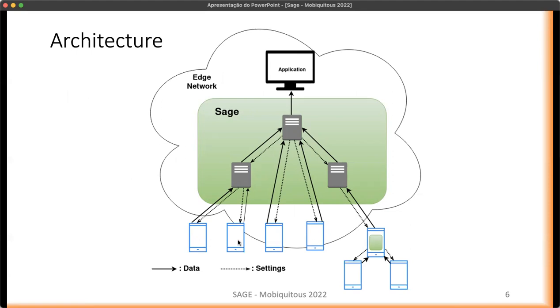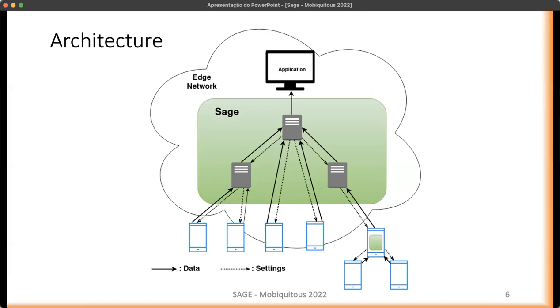So the overall architecture of a SAJ deployment comprises a set of devices, which are the ones that users use to generate their flow of events, and a set of servers, so one or more servers that will perform the aggregations. If we have more than one server, this will be organized as a tree.